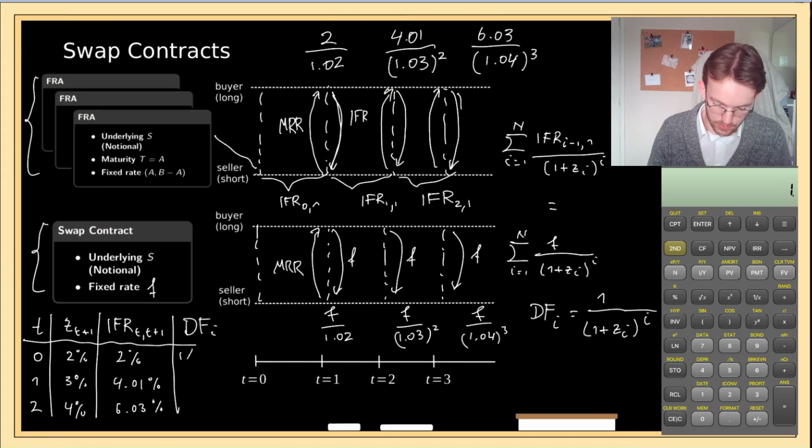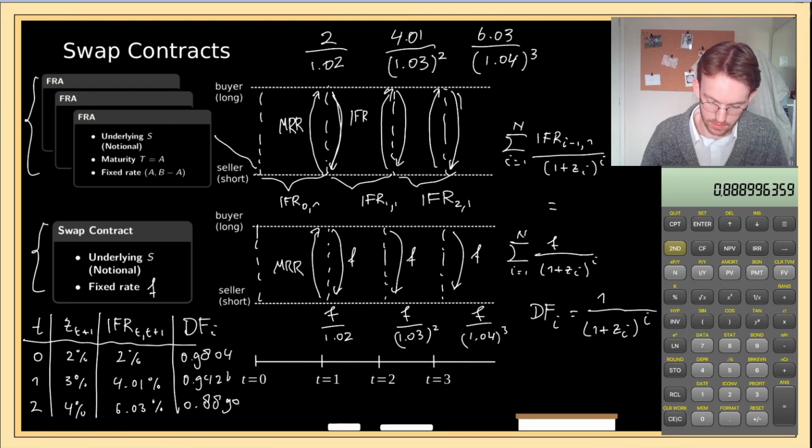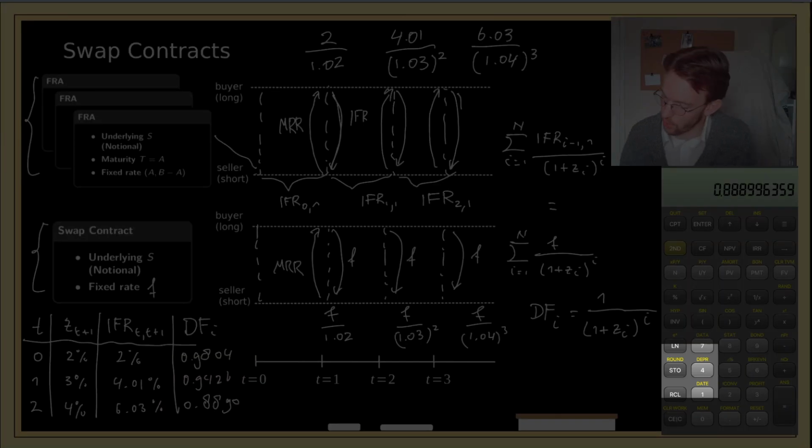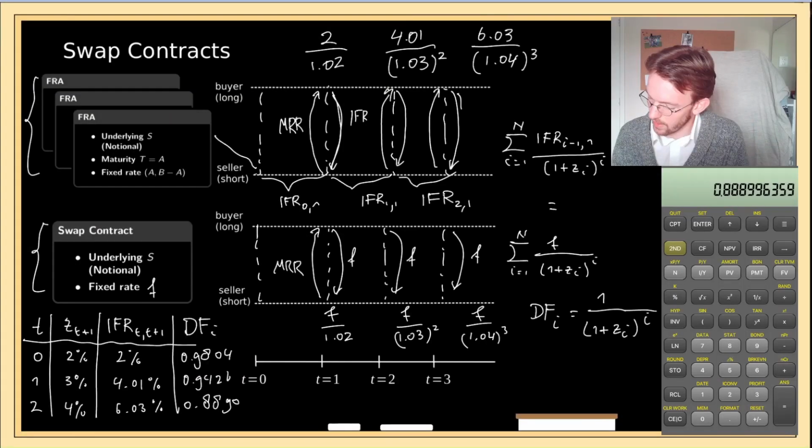The first one is 1 over 1.02, the second one is 1 over 1.03 squared, and the last one is 1 over 1.04 cubed. And while you're computing these, you should use the store button found here and store it in, well, the third one I'm going to store in 3. And if you have stored the first one in 1 and the second one in 2,